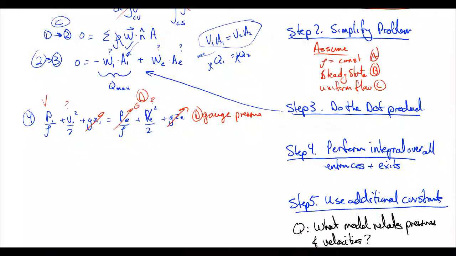V1 A1 is equal to V2 A2 from equation 2, or sorry, this is equation 4 here. Oh, we mislabeled these. That's my bad. I forgot to write. Oh, no, I didn't. 2 to 3. That's right. So from equation 3, we know that this is true. So equation 5 would tell us that V2 is equal to V1 A1 over A2, which tells us that